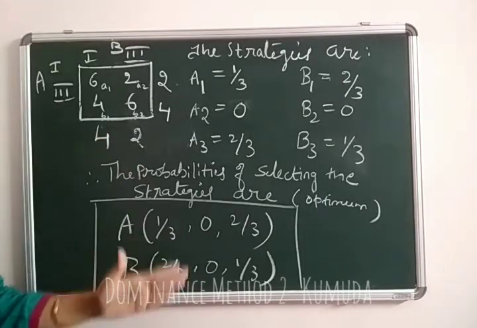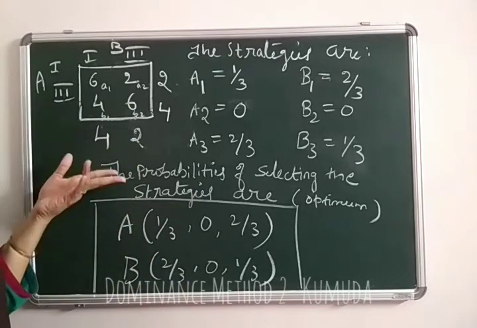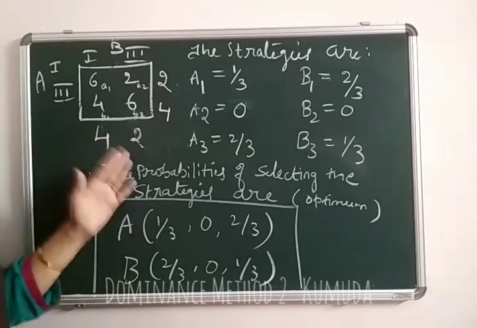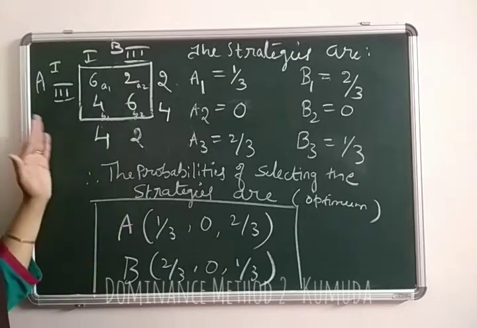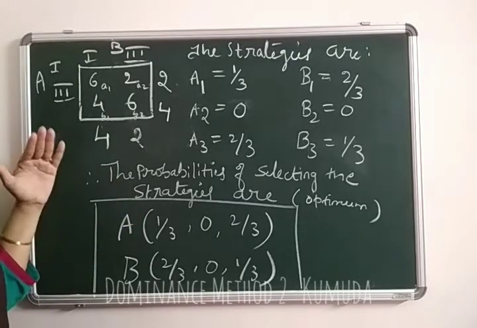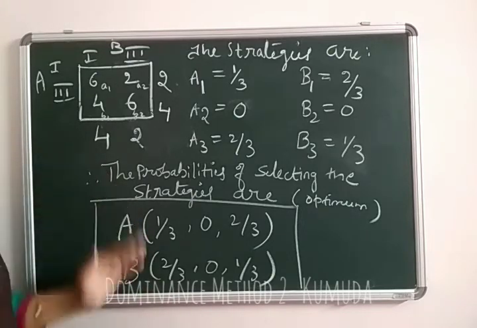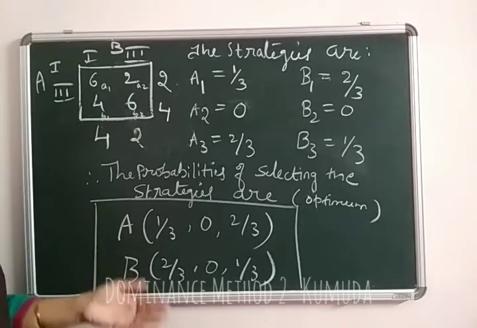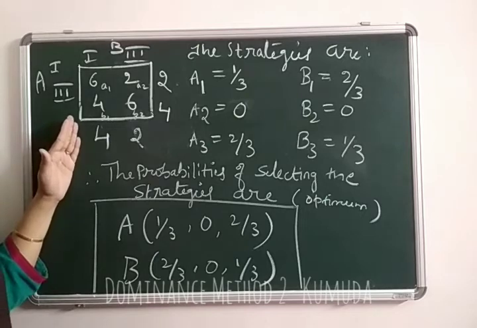So a recap of it. Consider the question. First check for the saddle point. No saddle point. If you have also, you can do dominance, of course. No saddle point, then you check whether it is 2 cross 2, do odds method. If it is not 2 cross 2, then we follow the row dominance method and column dominance method, and try to reduce the rows and columns by doing the principles of row and column dominance. And later we can see that it would be reduced to a 2 cross 2 matrix.